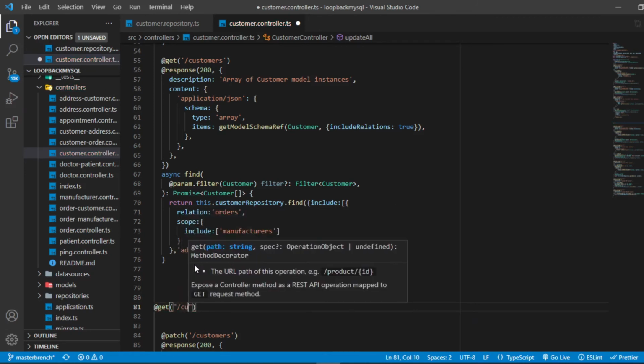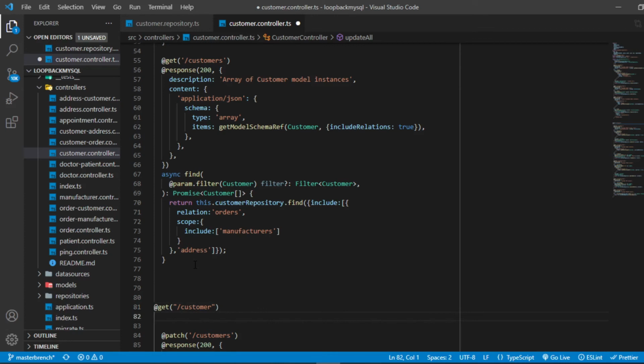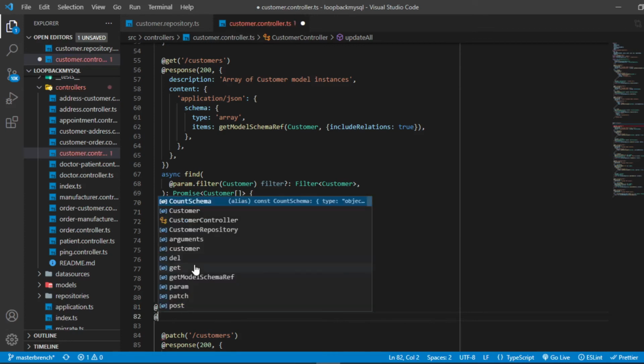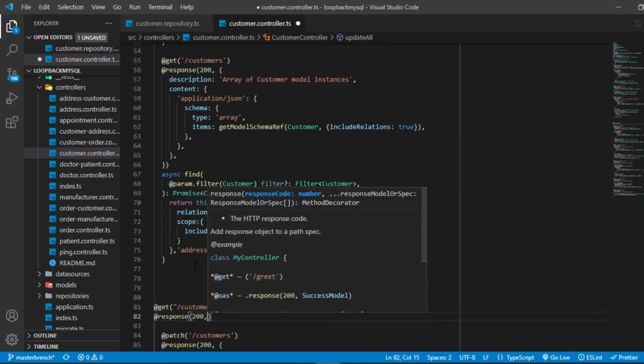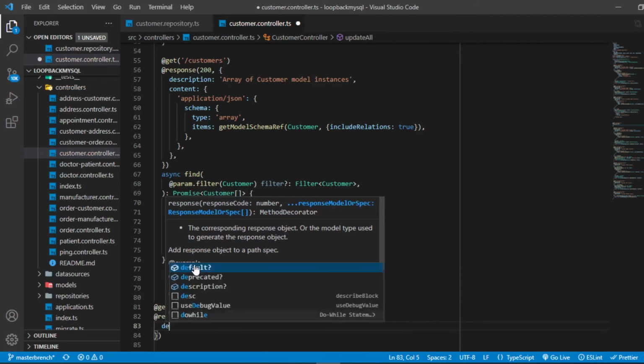What I want is customers, only customer, right? And then I have to mention another decorator, response, and inside response we will put 200, and then here description,